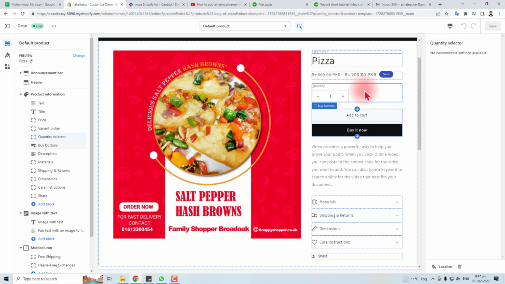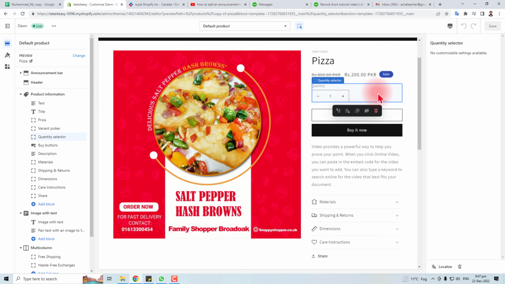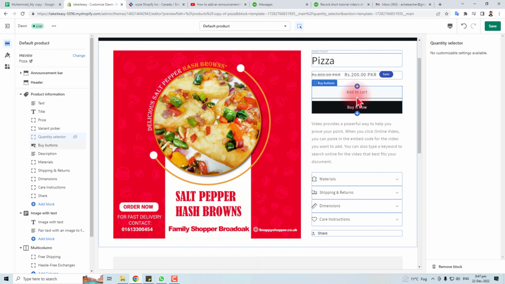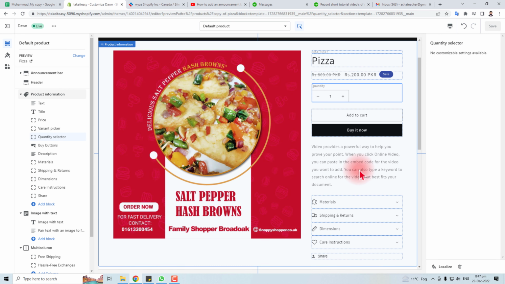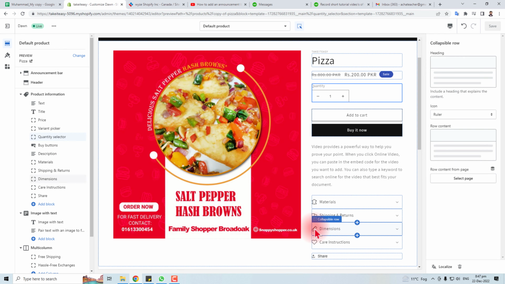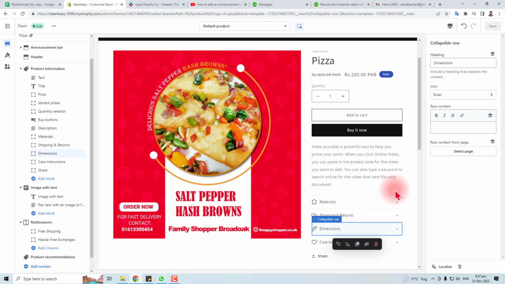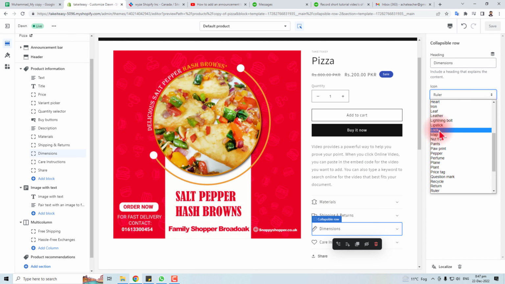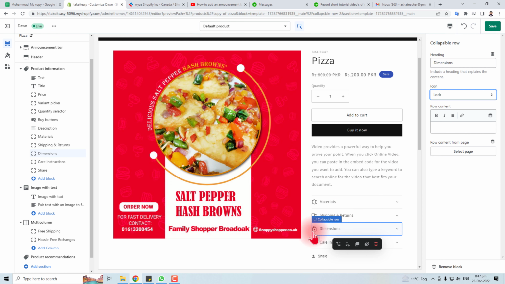For example, if you do not want to show this quantity, you can hide this. You can see the effect, and here you can show it. So this is the way to edit. For example, if you want this dimension and want to change the ruler like lock, you can see the effect that icon has changed. Same like that, you can change the heading, you can put some content here, and in